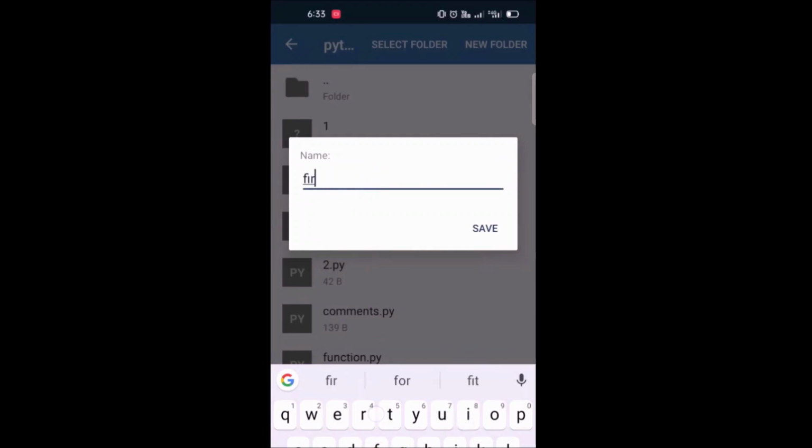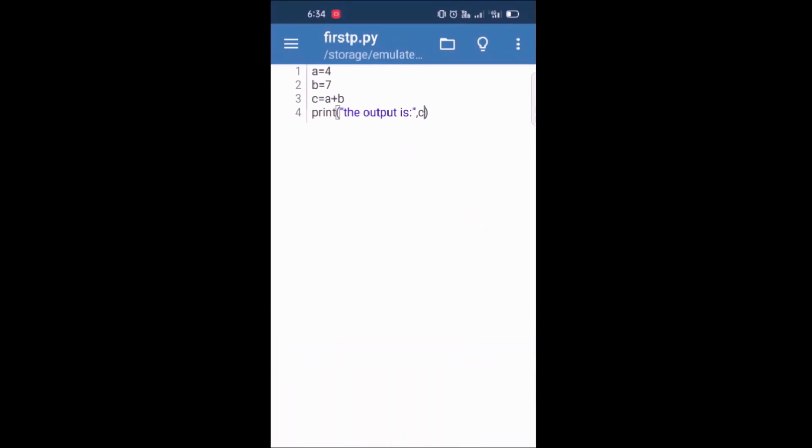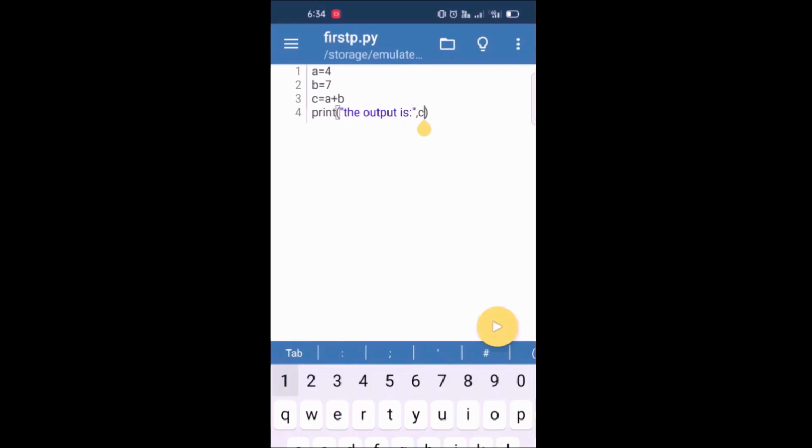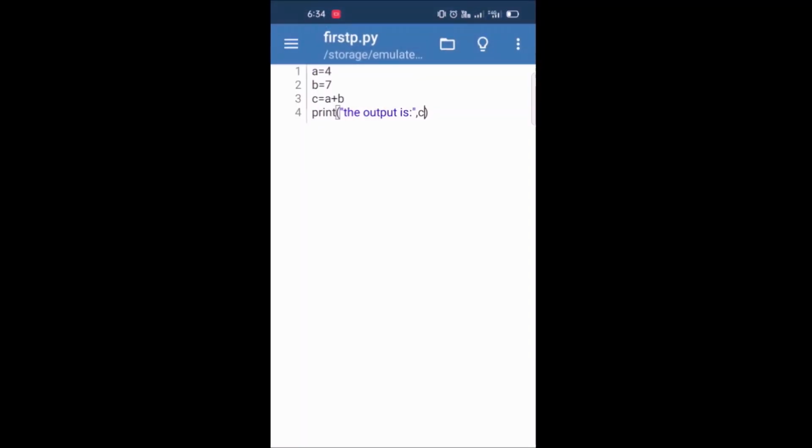Because a Python program has the extension .py, I am writing first_program.py. So this is my program name. I will save it. Now after saving, you can run by clicking on the yellow button. Click here, and it will give you the output. Here the output is 11.